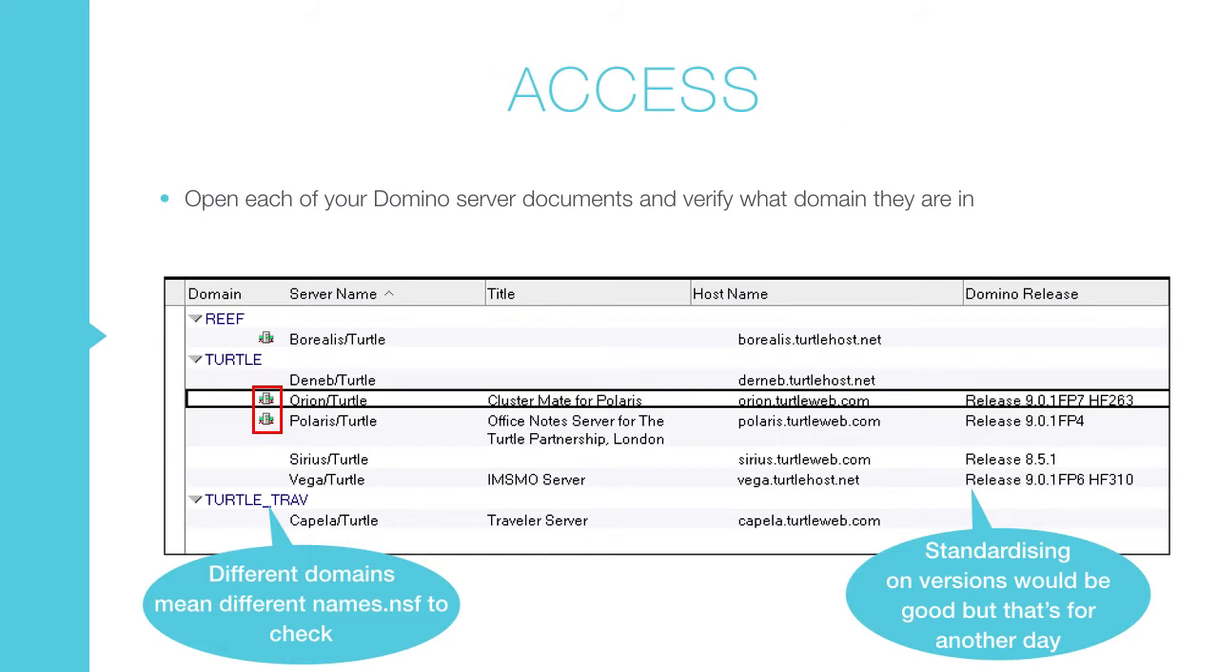So let's talk about access. We want to find out what servers we've got and where they are. This is a view of the server's view in a names.nsf on one of my test servers. And what we're showing here